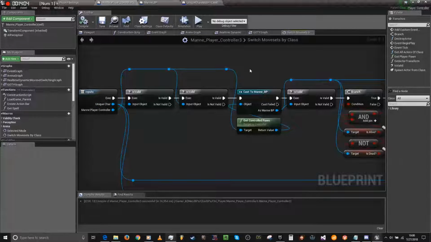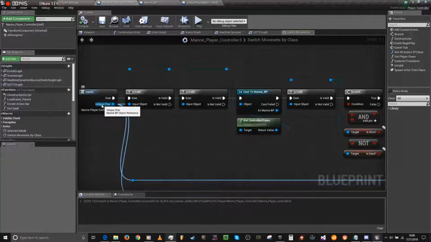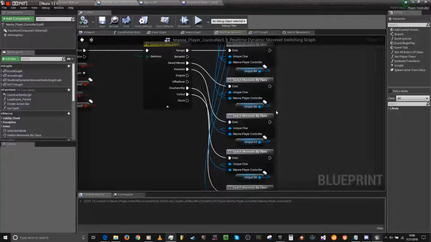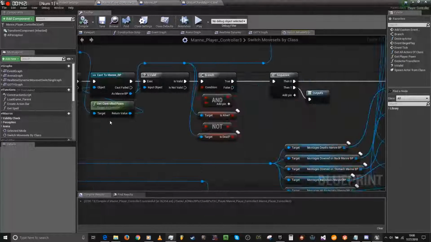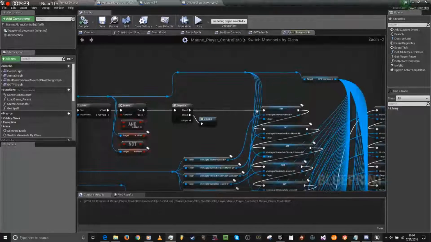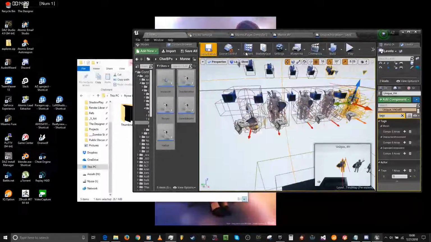So if you have decided to switch to an assassin, maybe by picking up a dagger when you were using a sword before, you will be calling unique AS here, and this would switch all of your movesets into that of the assassin,